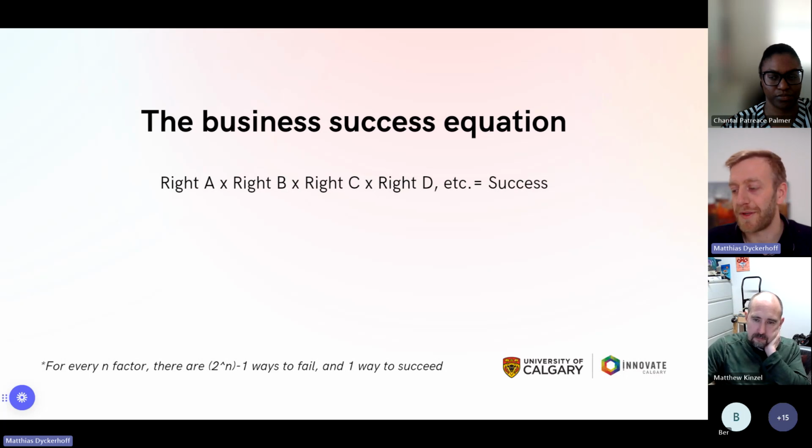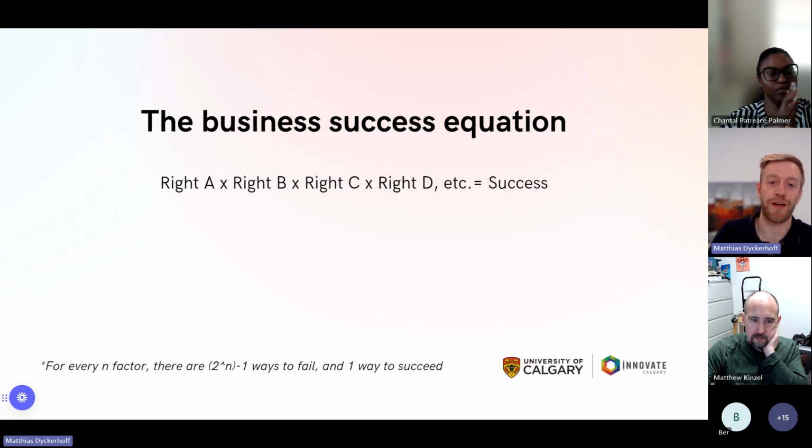And there's something called the law of market failure in business, which is that the market is trying to pull you down towards failure, and the odds are you will fail in building a business, because a lot has to go right for success to happen. And you really have to work against this law strategically to build a successful business.